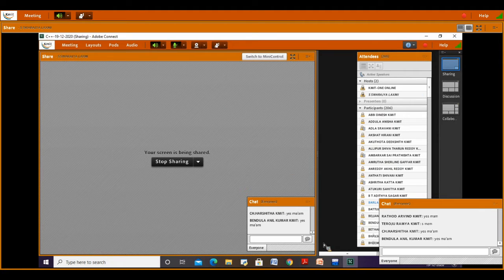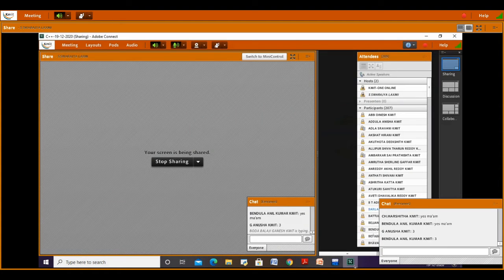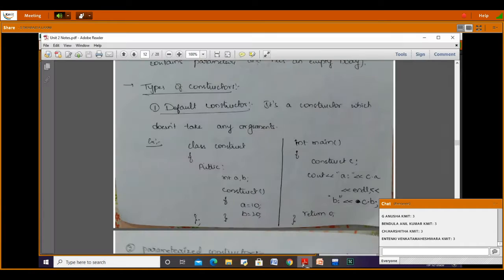We have different types of constructors. How many types of constructors do we have? What are they? What's the first one?